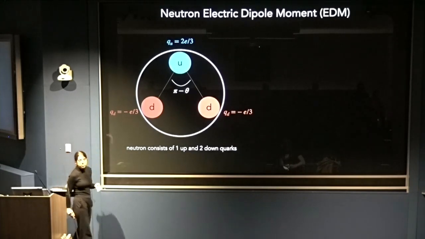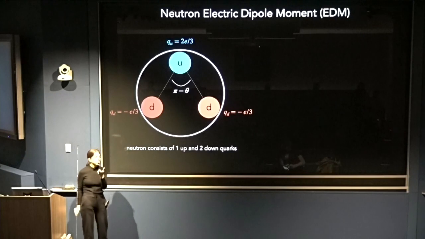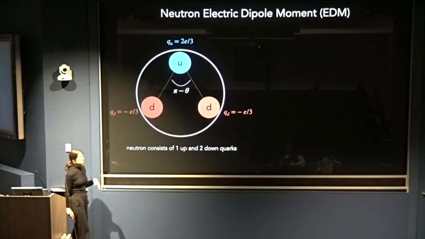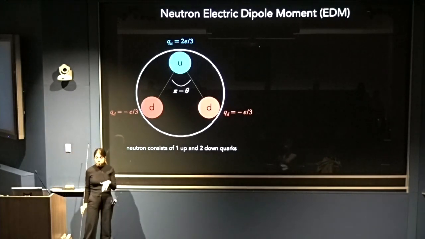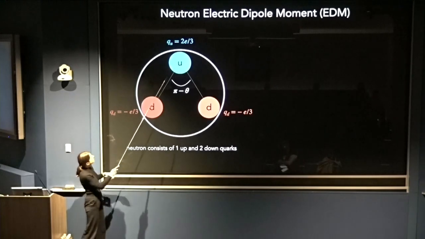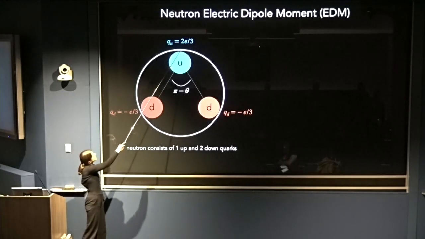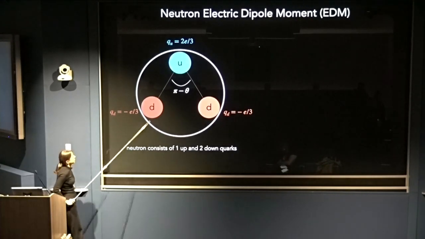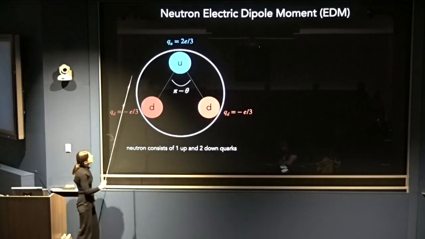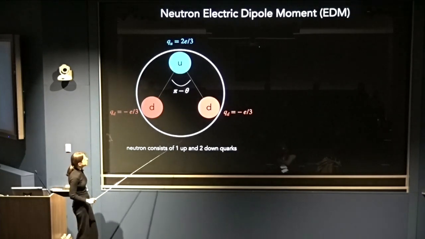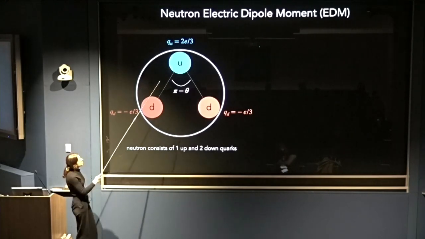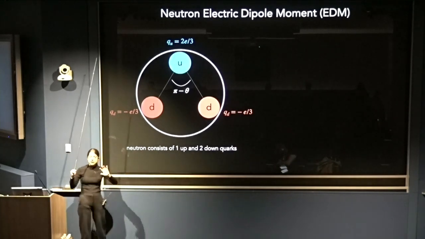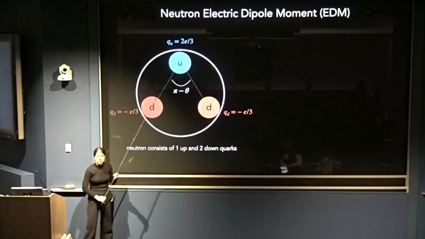The electric dipole moment of a particle is essentially telling you something about how charge is distributed in that bound particle. So the neutron, for example, consists of one up quark and two down quarks. An up quark has roughly exactly 2/3 of the electric charge, and a down quark has minus 1/3 of an electric charge. This is a very simple schematic, but I think it'll convey the main ideas. When we talk about electric dipole moment, we're essentially talking about how we distribute these charges within the neutron, so how we orient the down quarks relative to the up quarks.